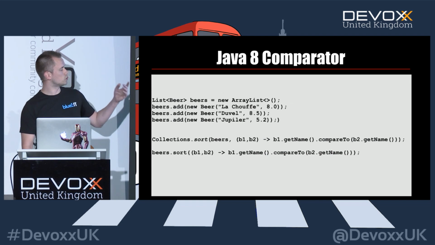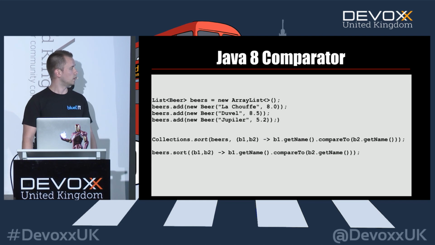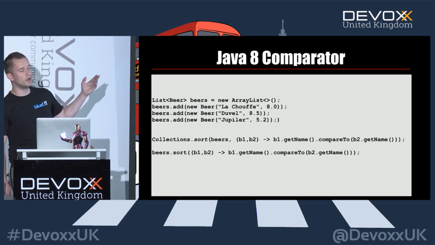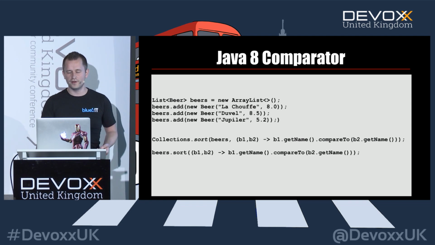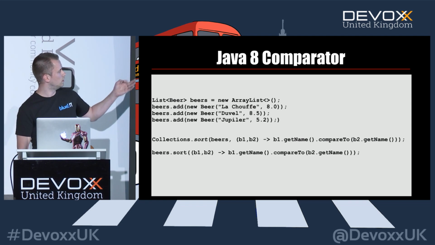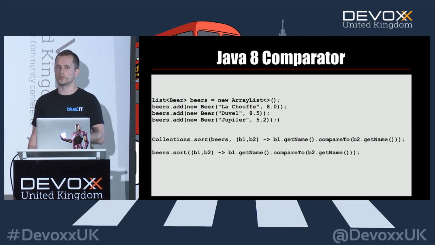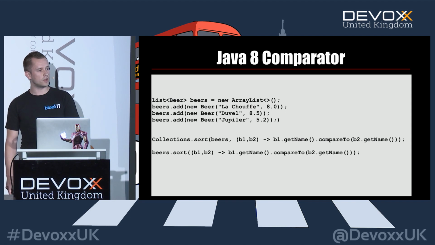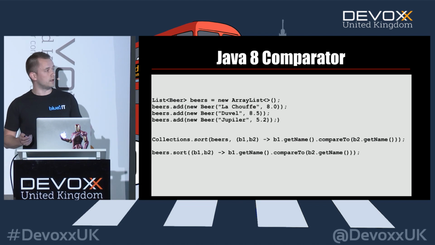We can call Collections.sort, or because we can have default methods on interfaces, we can actually call sort directly on the list. And we only need to give the important part of the function to the sort method. So now we can give behavior to a function, which is quite cool. And you can do that yourself for your own functions. I mean, you can now write some layer of abstraction in that case.